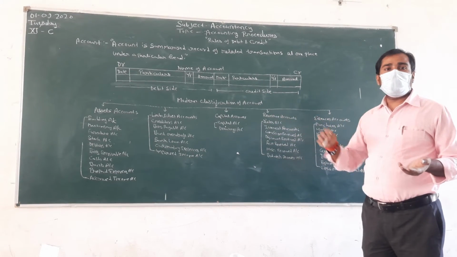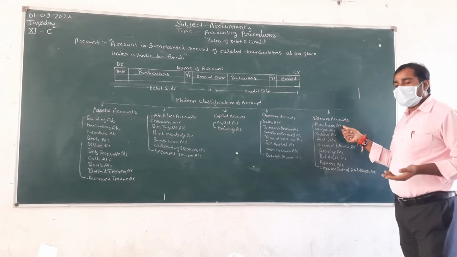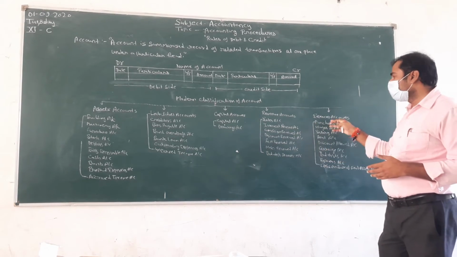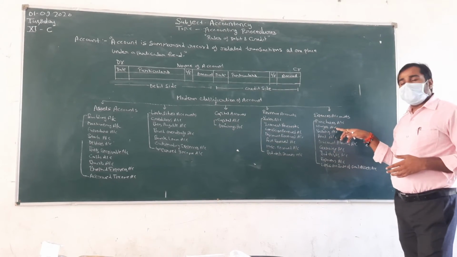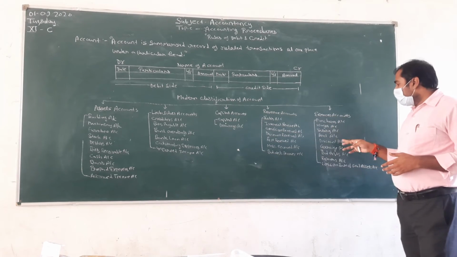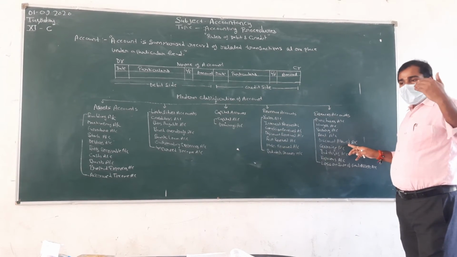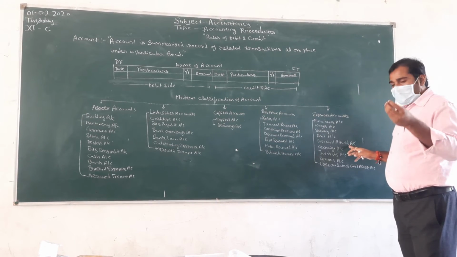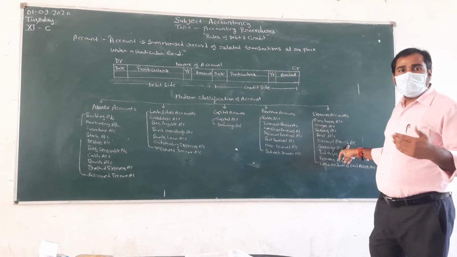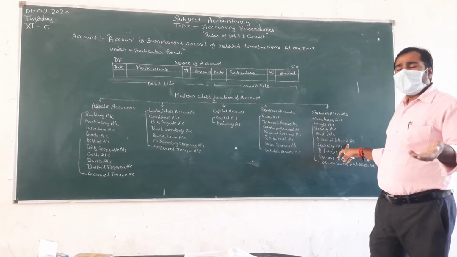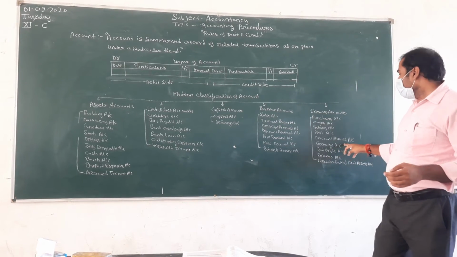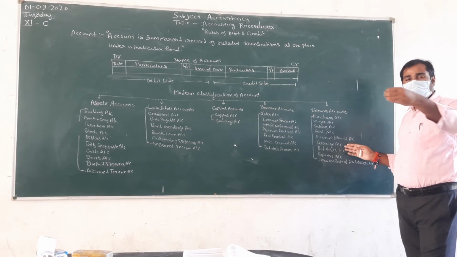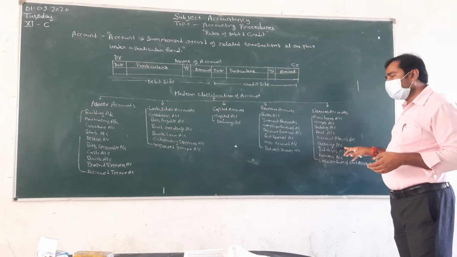Expense means the amount which we have to pay, and it includes the purchase account. Suppose that we purchase some raw material, then the amount goes outside of the business, that is known as an expense account. Wages account, salaries account, rent account, discount allowed. Suppose that our debtors come to us and say, take this amount of 10,000 and please give me some discount, and if we allow 200 or 300, that is considered a discount allowed account. Carriage account, the amount which is paid for the purchasing of raw material for freight as well as other things, that is considered as carriage account.